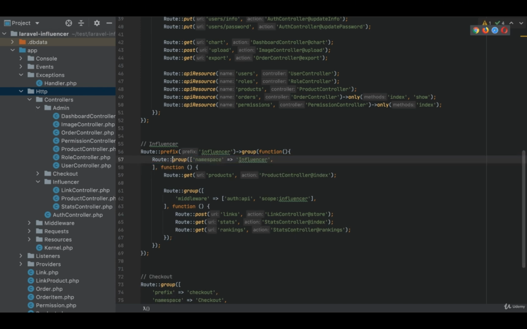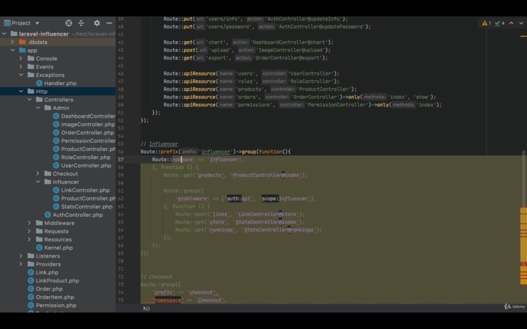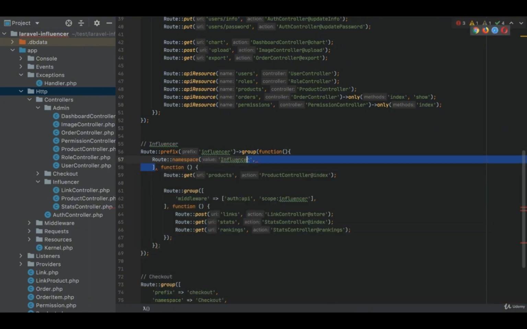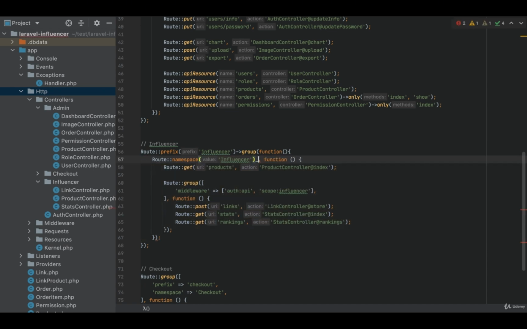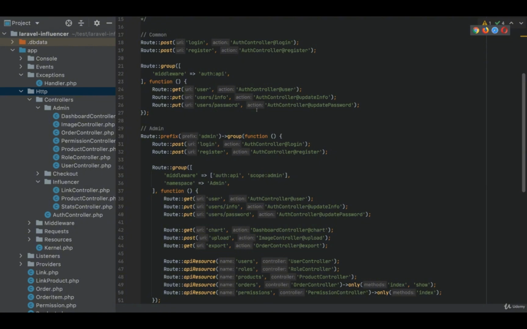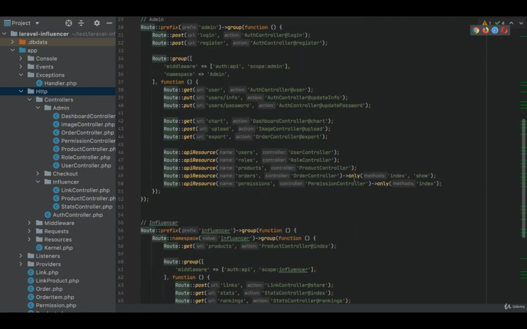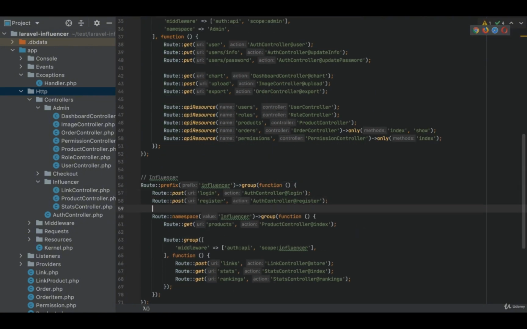This can be simplified also, so I will do it directly, namespace, which is influencer. We'll have a function. Sorry, it should be like this. Group. So now let's copy the common routes. So these are the public ones. They belong here, and